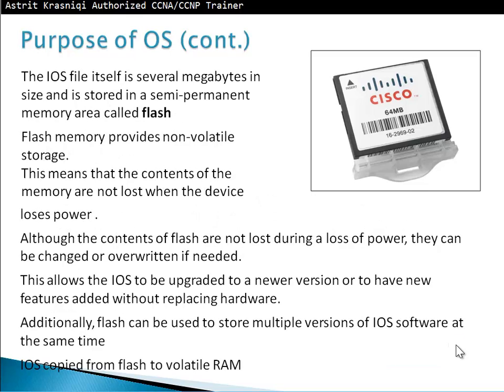The iOS file itself is several megabytes in size and is stored in semi-permanent memory called flash. Flash memory provides non-volatile storage. This means that the contents of the memory are not lost when the device loses power. Although the contents of flash are not lost during the loss of power, they can be changed or overwritten if